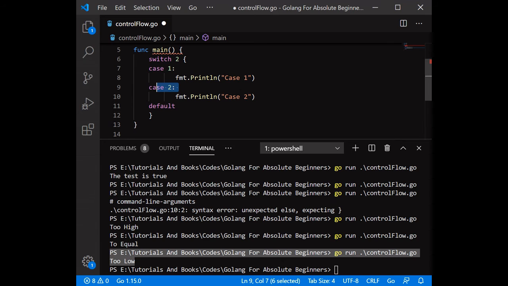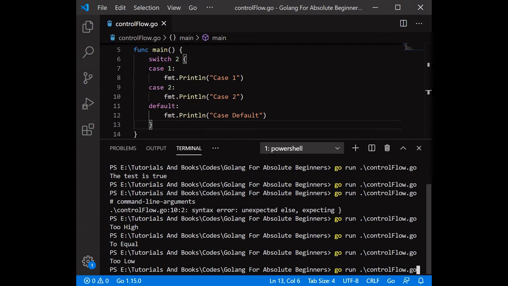So fmt.Println case default. So let's run this program. I have passed 2, so this means that case 2 should be executed.